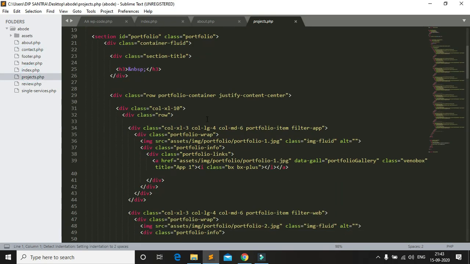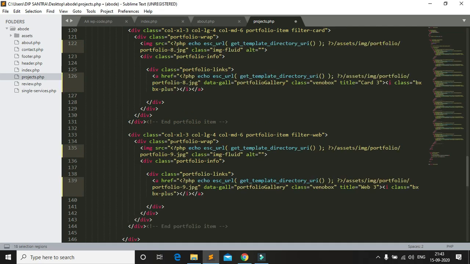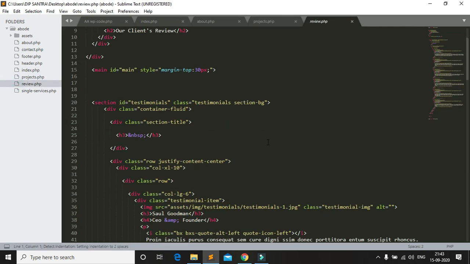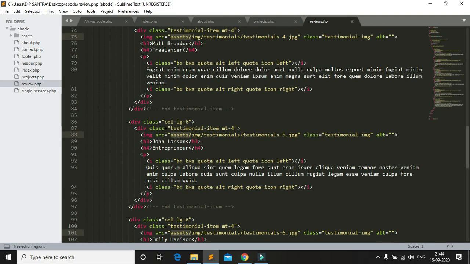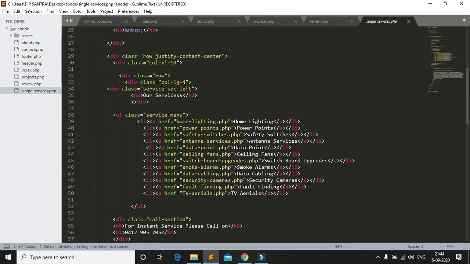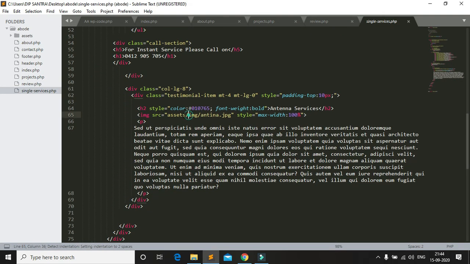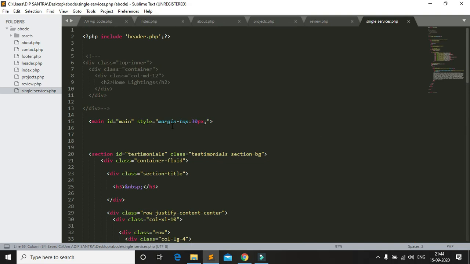Then projects, yes, so select the image, paste. Then review, select the images, paste. Then single service, okay, the single service image. So my images and files are linked and complete.